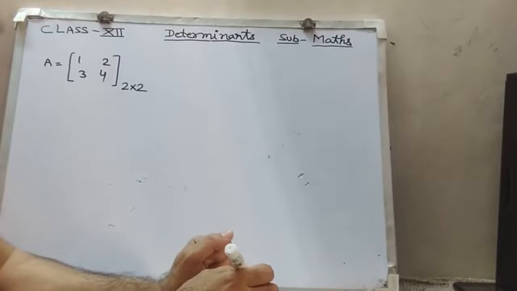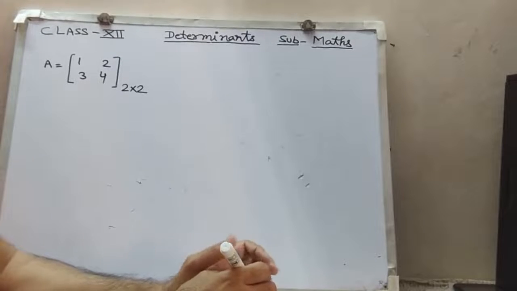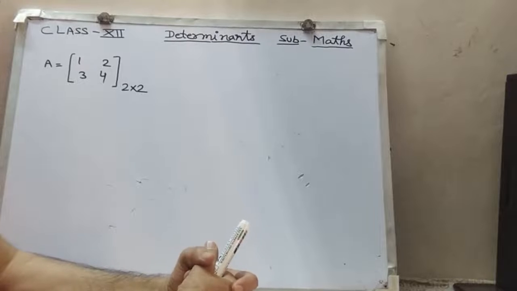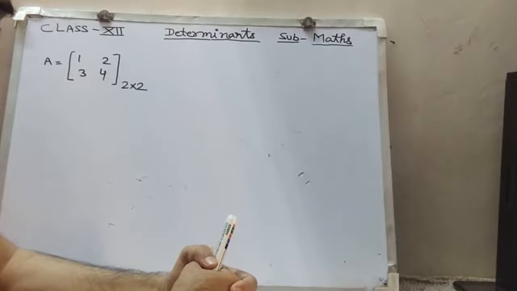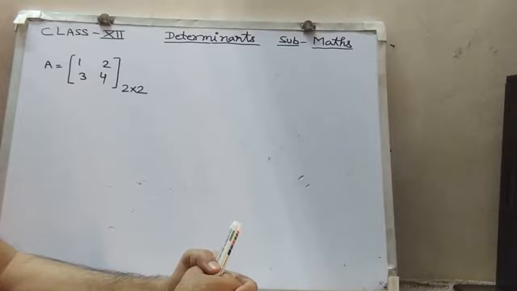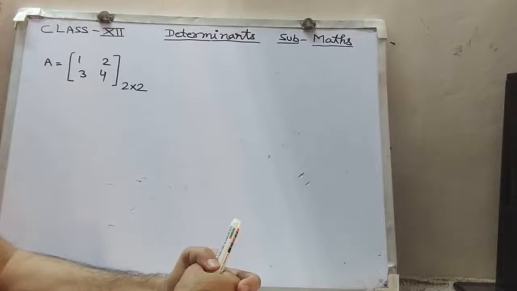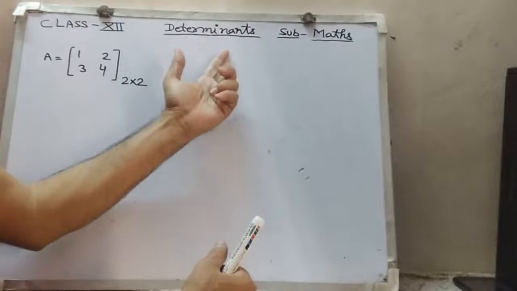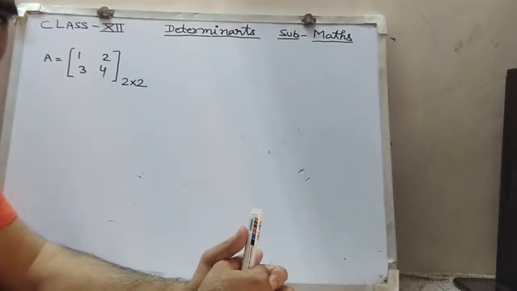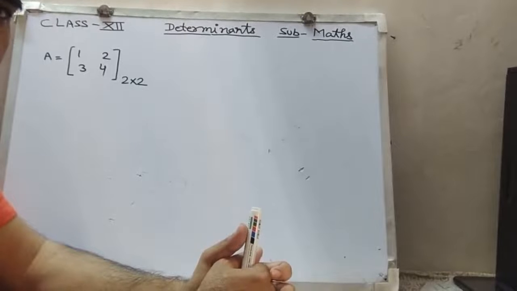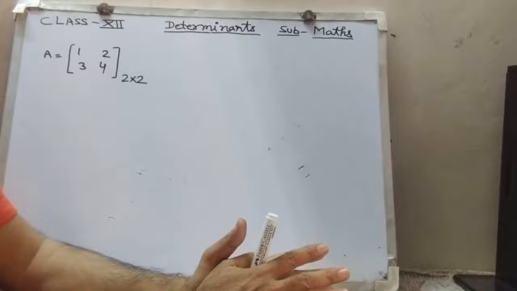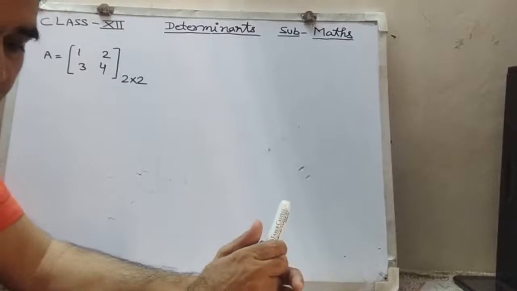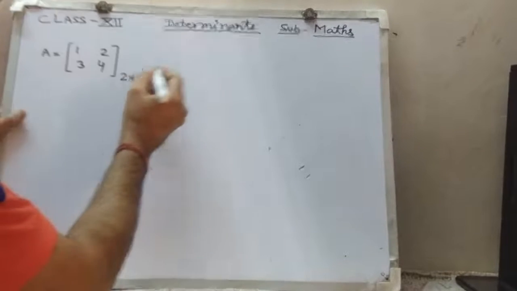Now we come on today's topic, determinants. Every square matrix associates with a unique number. That number may be real as well as complex. So what is determinant? Determinant is a number to which every square matrix associates, as number may be real as well as complex also. So we can define determinant as